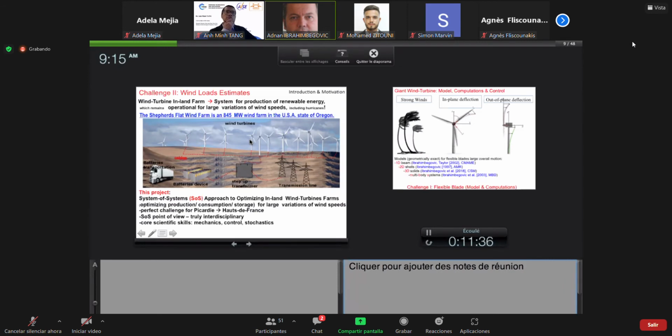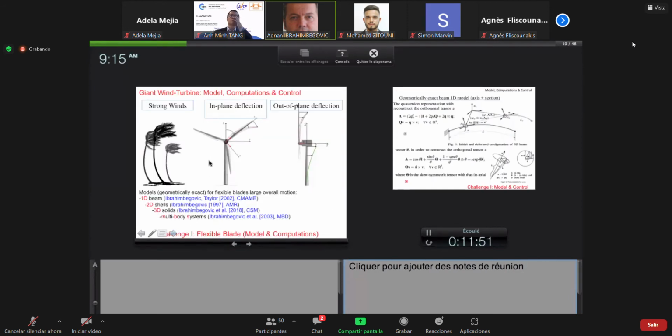And so this is a typical type of strategy that has to be addressed in a very interdisciplinary manner, where the core skills that you need are mechanics, control, stochastics, and so on and so forth. Stochastics, because you can never really estimate this with full certainty. So if you really look into how we can model this,